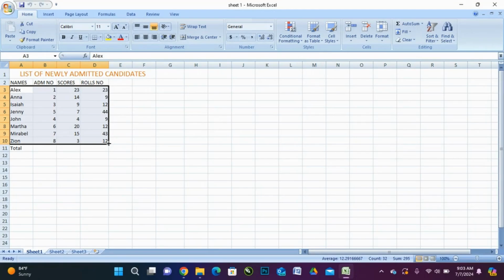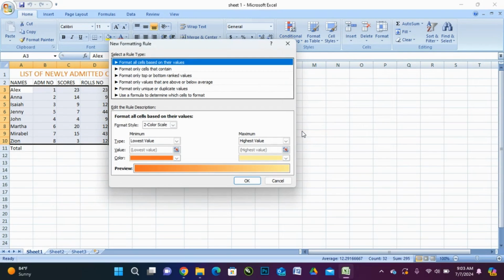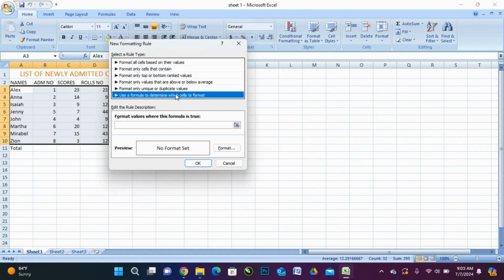Now in the Home tab, you click on Conditional Formatting. Select and click New Rule. A window will appear, so you click the last option here to use a formula to determine which cells to format. Then, to highlight rows, in the format values where this formula is true, you click on it and type